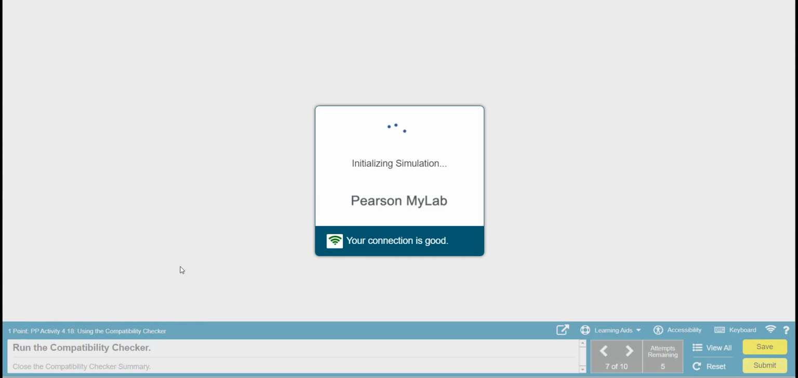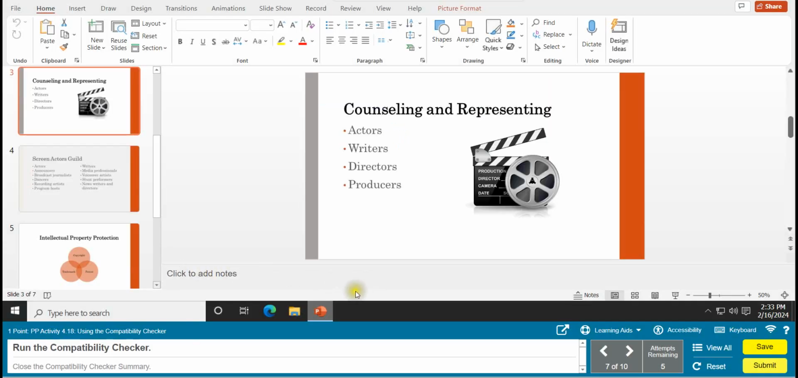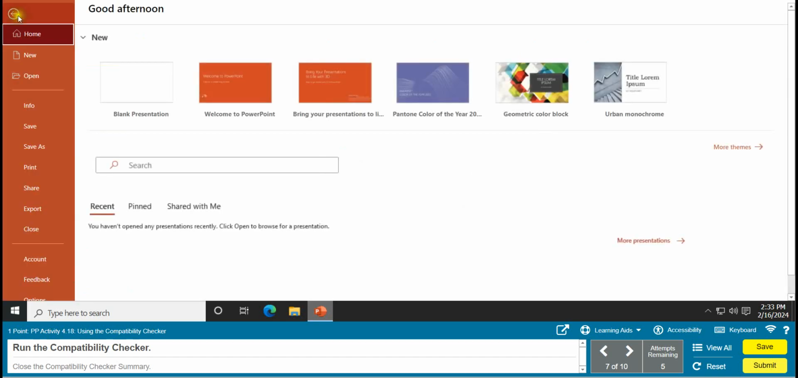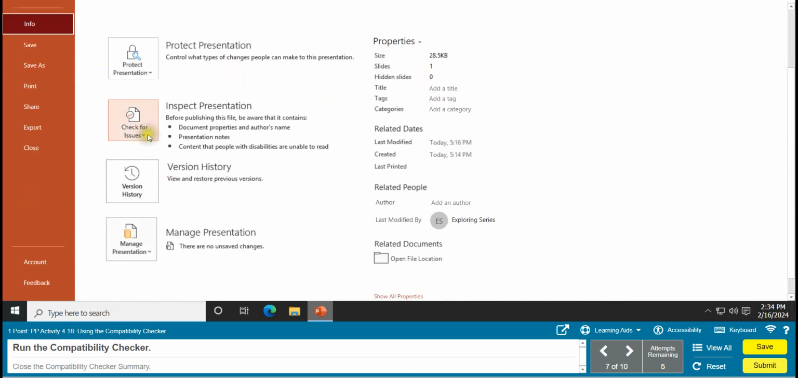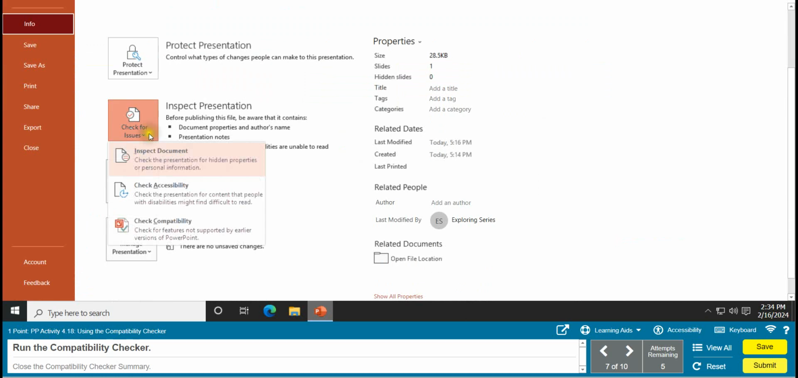Run the compatibility checker. For the compatibility checker, let's click on the File tab and then the Info button, and then let's go to Check Issues, and then let's look at Check Compatibility. This is our compatibility checker, so let's click on it